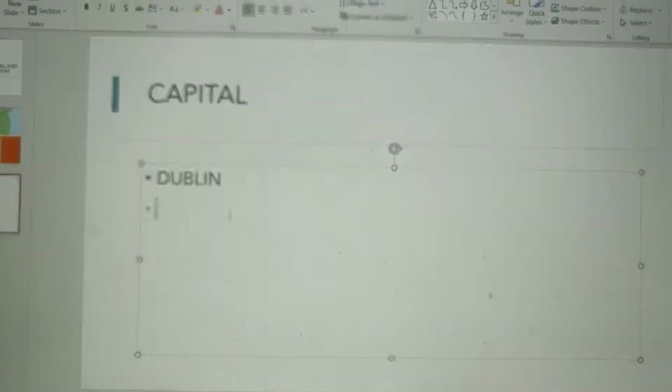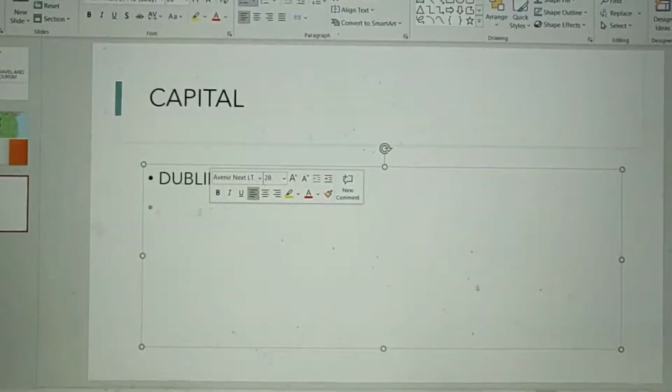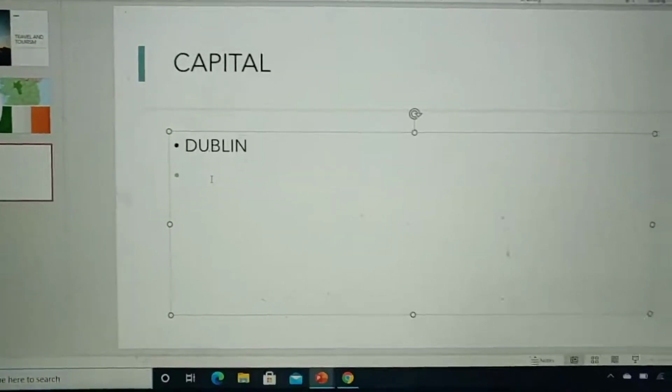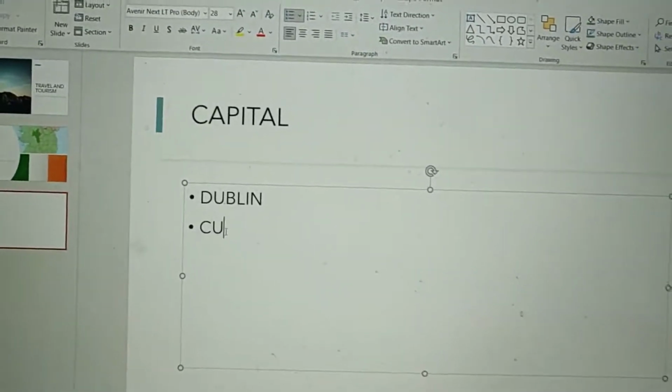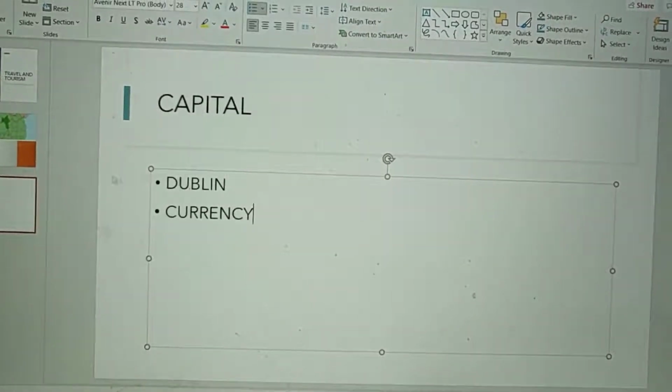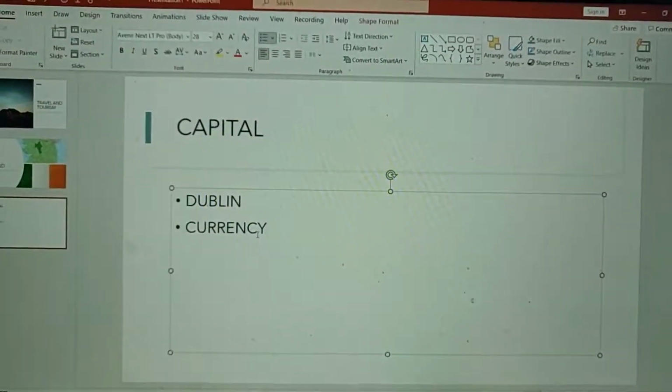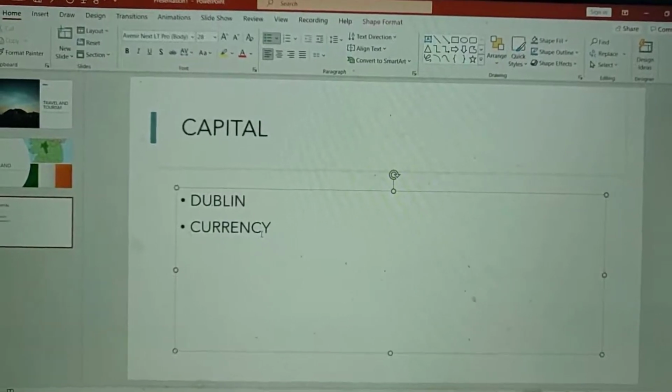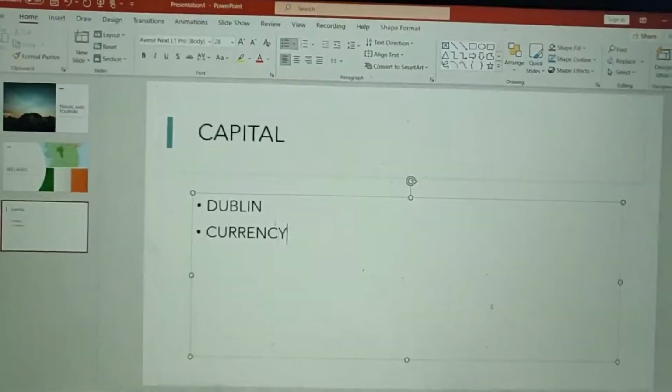Another topic that I want to insert will be, suppose, currency. So I'll write currency. But the thing is, capital is now a topic for me, and in the same way I want to have currency as my topic. So what do I do here? Okay, so what I can do is,